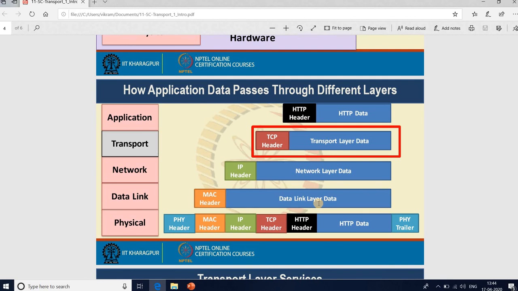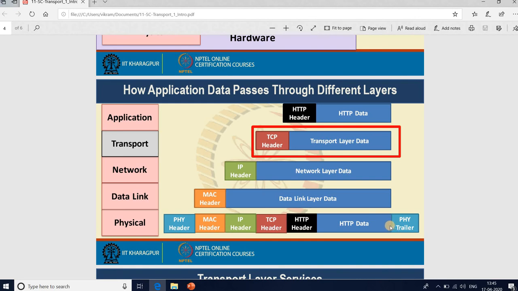Finally the data link layer adds its own header, and the physical layer adds the physical header, and for some protocols it also adds a physical trailer, to identify the end of the frame in the network, so that the entire thing gets delivered over the network. That is the physical header, MAC header, IP header, TCP header, HTTP header, HTTP data, as well as the physical trailer for end-to-end connectivity over the network.